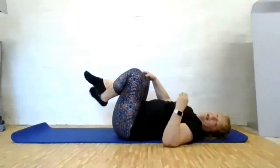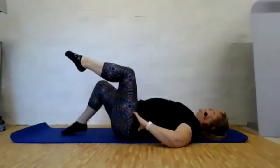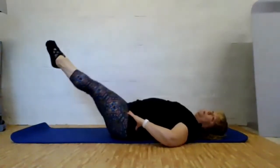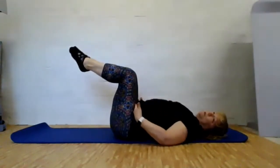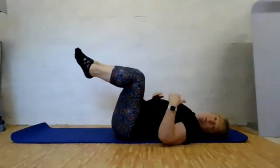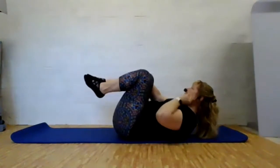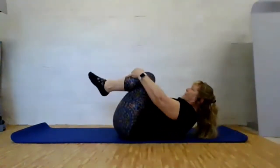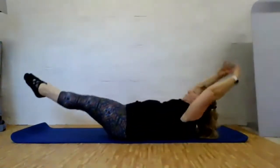Okay, let's do double leg stretch. So easier option, legs into tabletop position. Inhale, and from here we're going to push the legs away and take them back in just to your tabletop position. Exhale out, inhale back. Those of you that want to do the full exercise, you're going to curl in your little ball, and from here we're going to stretch and sweep, stretch and sweep for 20,